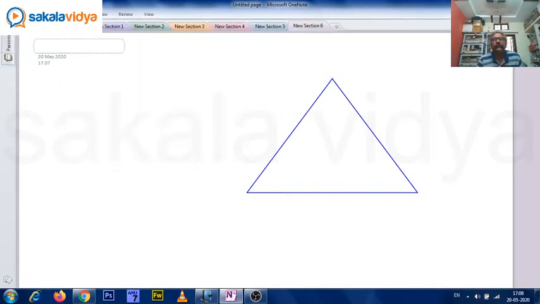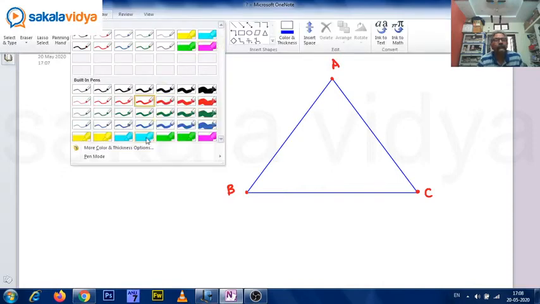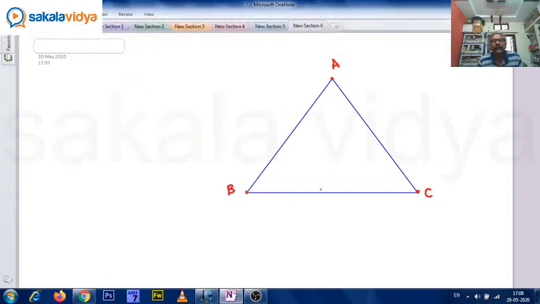For example, let us say A, let us say B, let us say C, with the vertices of triangle ABC. Vertices of triangle ABC. For example, let D be the midpoint of BC, E be the midpoint of AC, F be the midpoint of AB. That means D, E, F